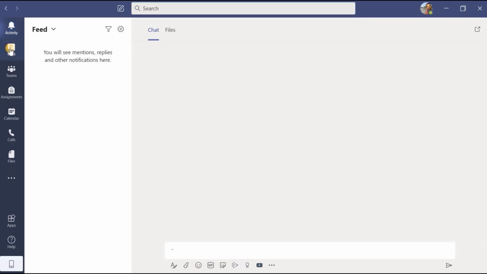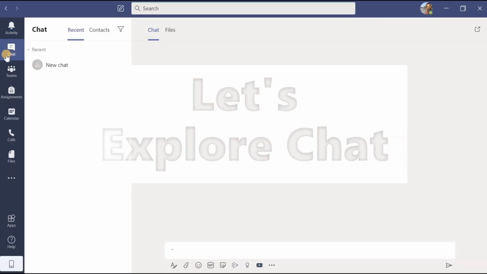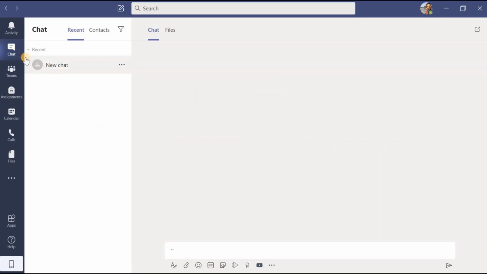Now let us go ahead and deep dive into this chat section. Suppose I have to initiate a private chat with any of the colleagues or students inside my organization. Then with the help of this functionality or this button, I can initiate that chatting or conversation. Here, in order to start that conversation, two options are there. By clicking here on new chat, I can start that chatting, or you can go upside and here a pen and paper symbol is there. By clicking on this as well, you can initiate that chatting.